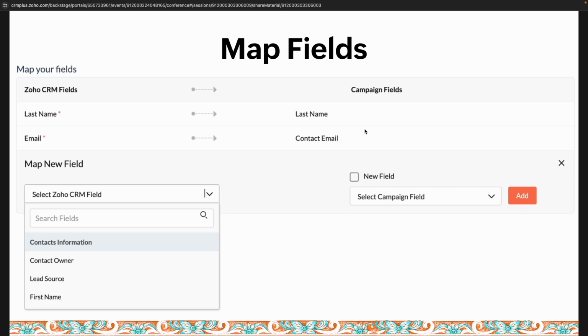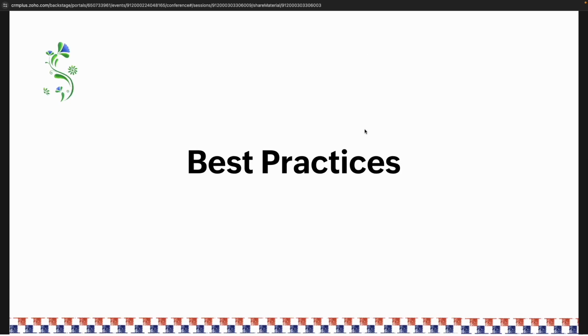We always have to remember that when we're integrating data, it's kind of like we're taking something from one bucket and we're putting it in another bucket. And if we don't have a bucket or have a bucket that's properly labeled, we don't know where to put it, right? So that's kind of the whole mapping process here.